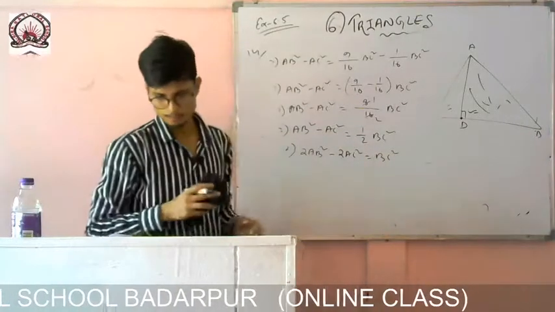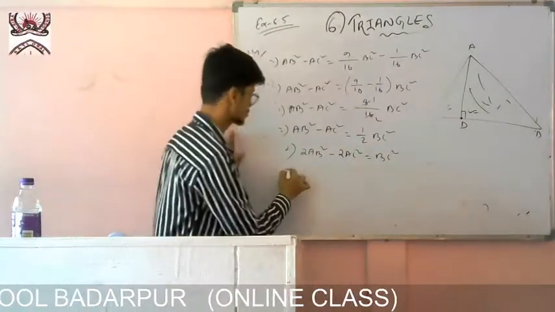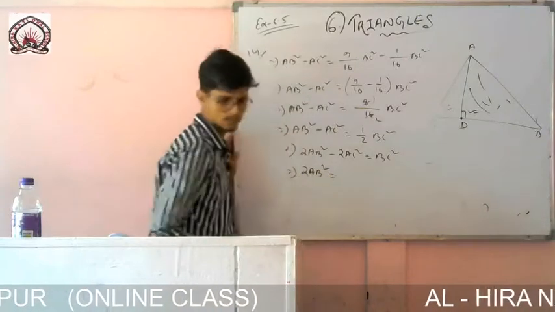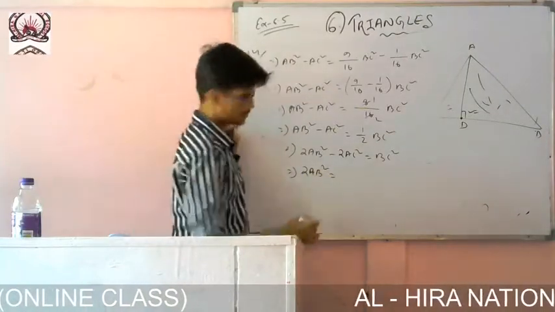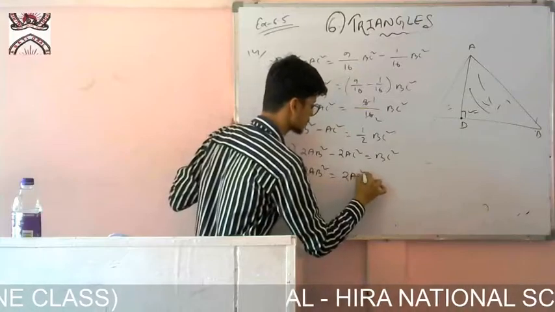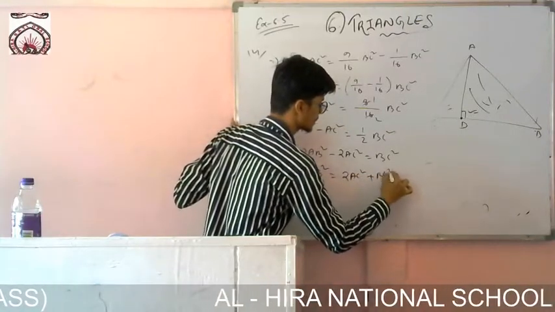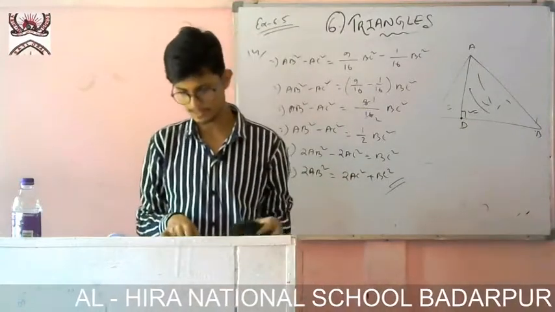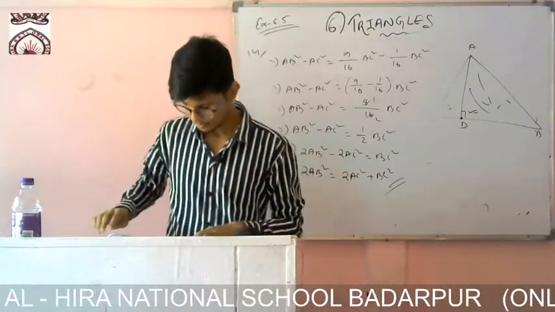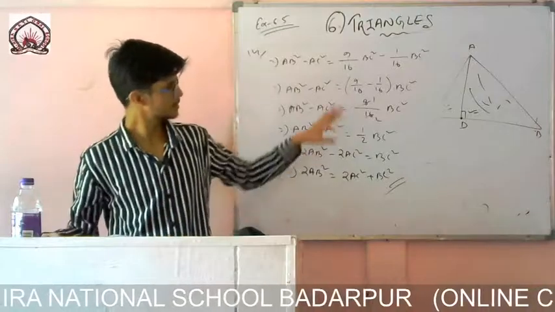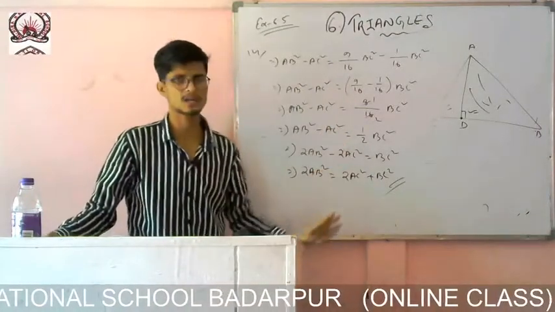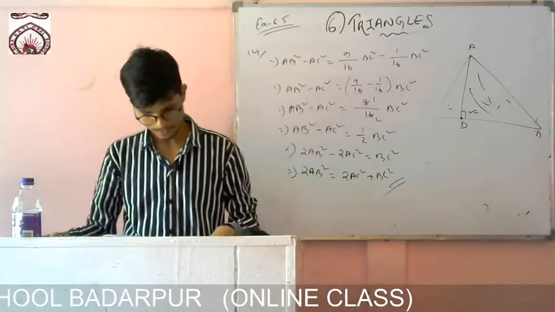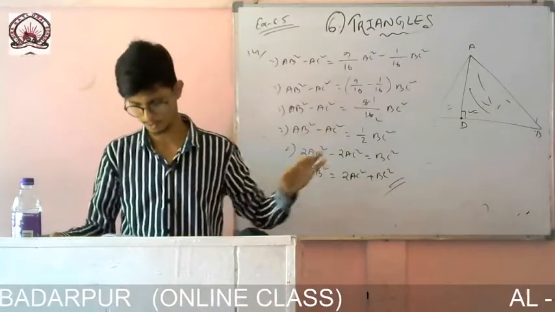So what do I need to prove? I need to prove 2AB square, which is equal to twice AC square plus BC square. Twice AC square plus twice BC square, so hence proved. Okay, now let us move to the next question. It is very easy, just some calculations are there. If you see once, you will be able to understand, or else you can see the video once again and it will be clear.